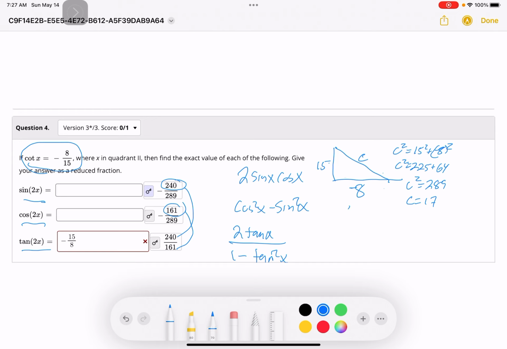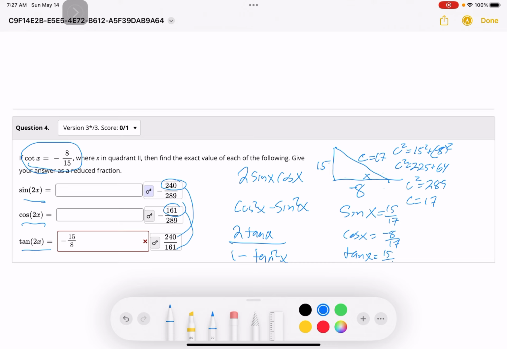So now we can find sine of x, this is my x here, it's going to be 15 over 17. Cosine of x is going to be negative 8 over 17, because 17 is our hypotenuse. And tangent of x is going to be